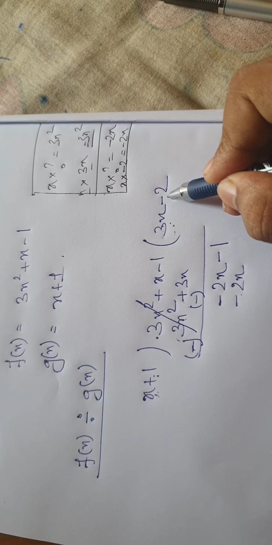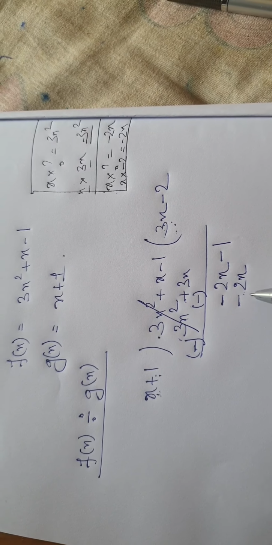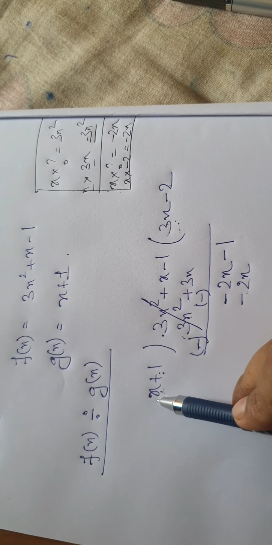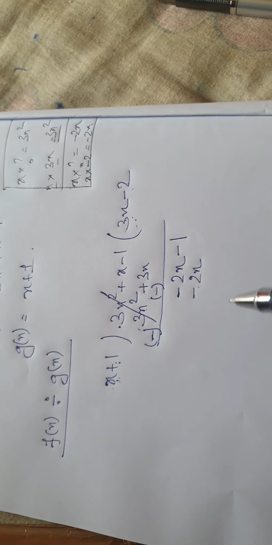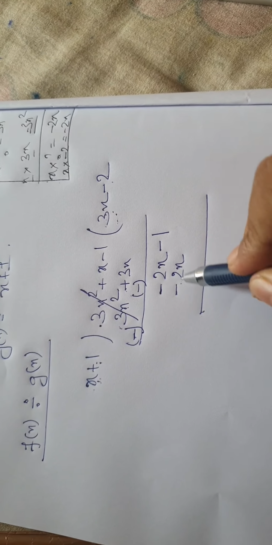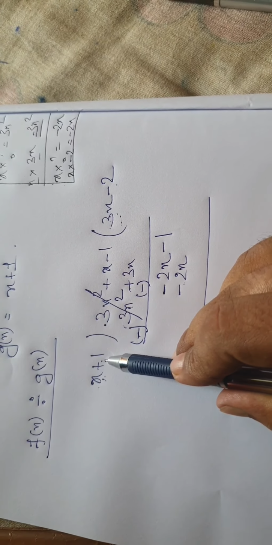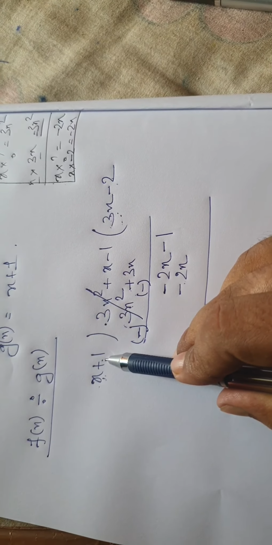Sir, why have you taken minus 2 and not plus 2? Because I have to bring here minus 2x. It is already plus here, so plus and minus should be minus. That's why minus 2, so minus 2x. Now I will put plus 1 into minus 2, which will give me minus 2 here. The opposite sign of minus is plus, so I will operate with this sign and forget the other. So plus and minus cancel. So plus 2 minus 1 is 1.